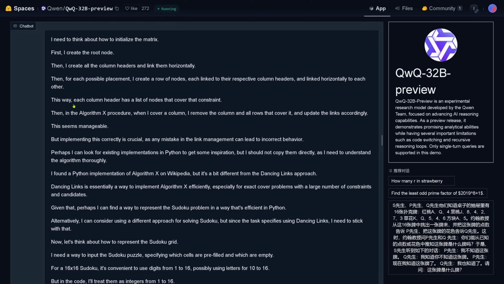Then, my goodness, so it goes on. I like the comment: this seems manageable. But implementing this correctly is crucial, as any mistake in the link management can lead to incorrect behavior. It even understands the sensitive part. Now, is this just learned behavior? Is this just playing with me? I don't know, but I like the way it opens up itself and it kind of shows me here the